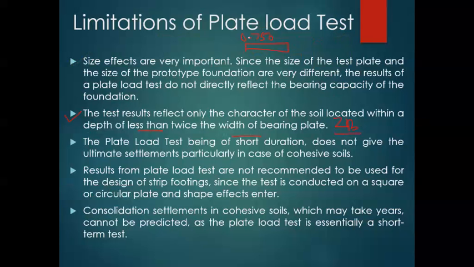Now the calculated parameters may hold good up to a depth equal to 2B. So 2 times the width, 2 times 0.75, in the sense 1.5 meter, up to that depth the measured data holds good. Beyond this depth, we don't know what is actually existing, what the field condition is over there. This is a very important limitation.